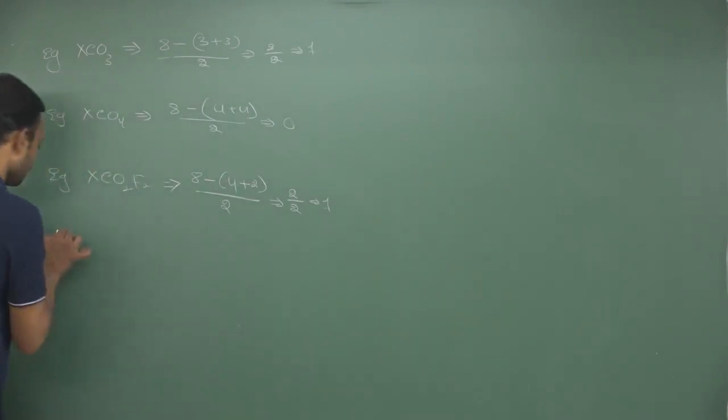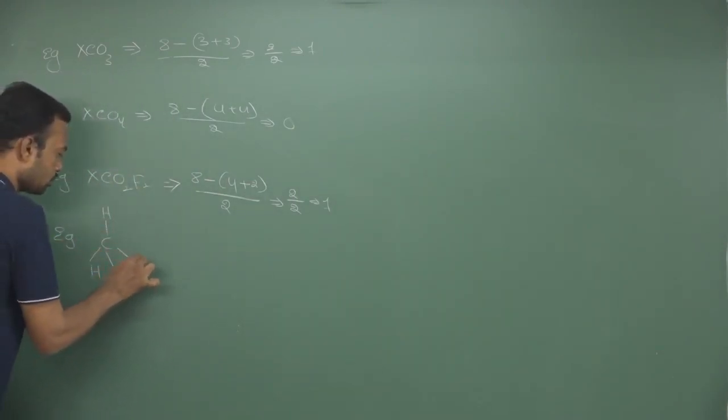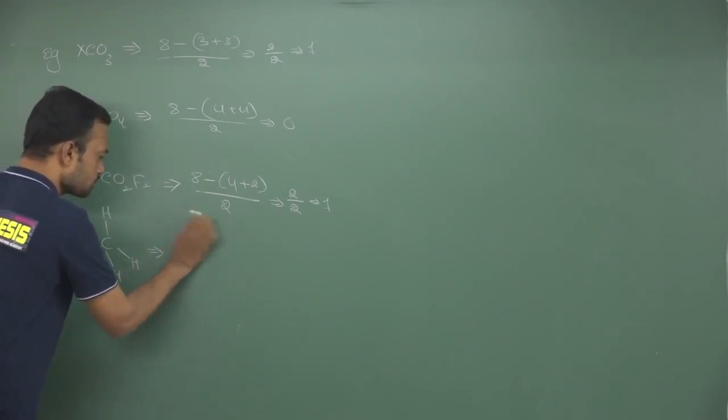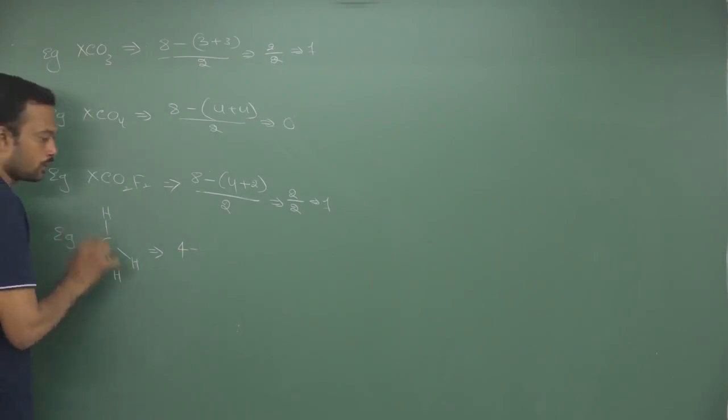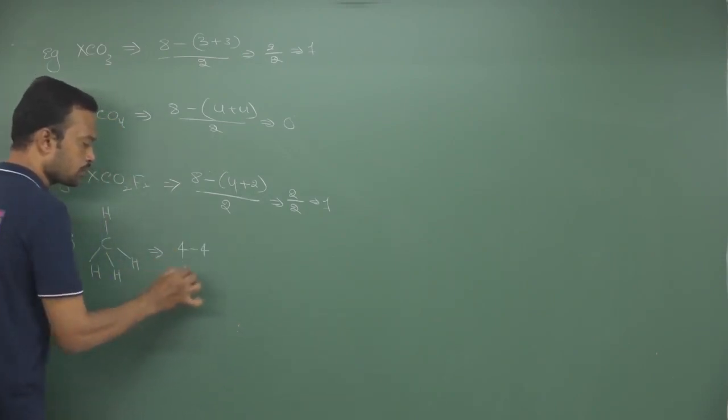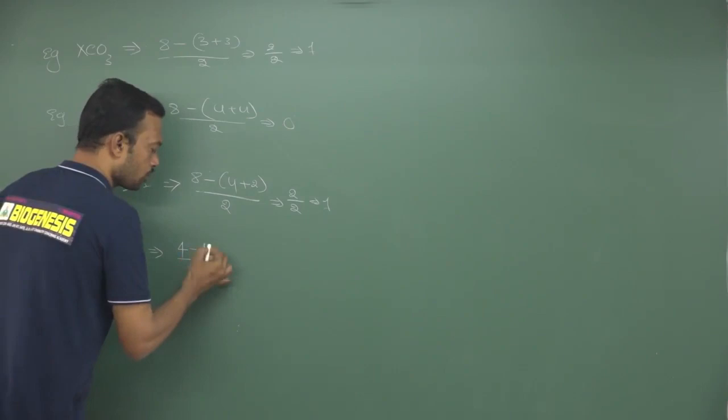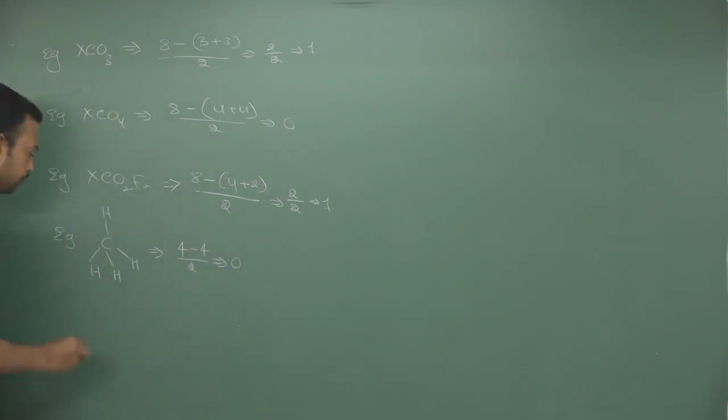Okay, so we know very well methane. See, here it is an organic molecule, methane. Now the group number is 4, 4th group element, and how many sigma bonds are around carbon? Total 4 sigma bonds are present. So it is divided by 2. So 4 minus 4, 0. So no lone pair.